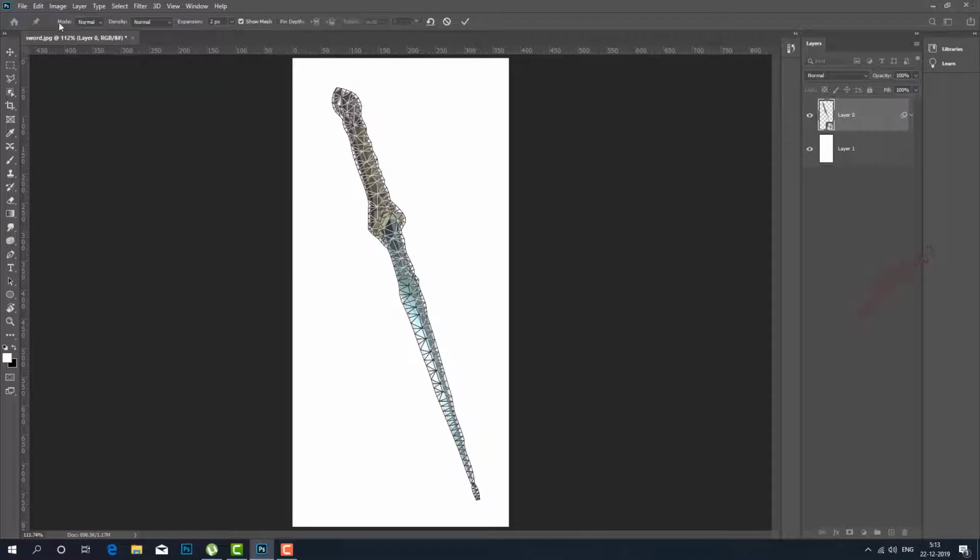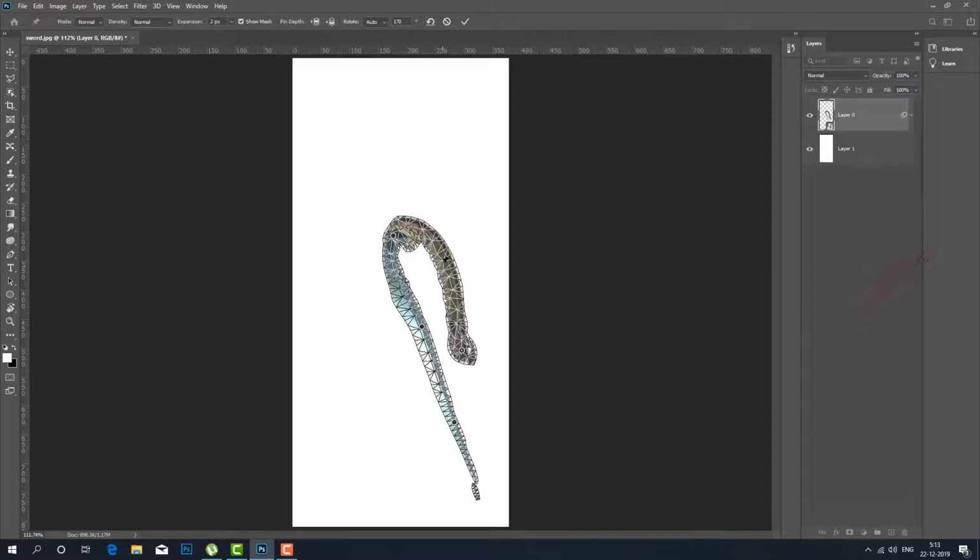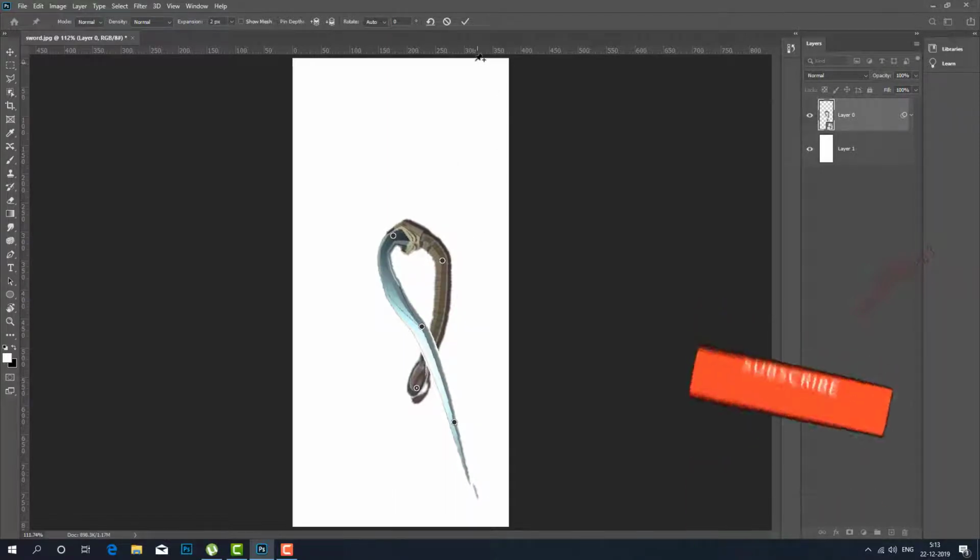This time I set the mode to normal and drag those pins. I want to add some more pins in the middle and some pins on the top. Now you can notice the bottom part is on the top of the head. Now I want to disable this mesh at this time. Now we can see clearly the bottom part is on the top part.